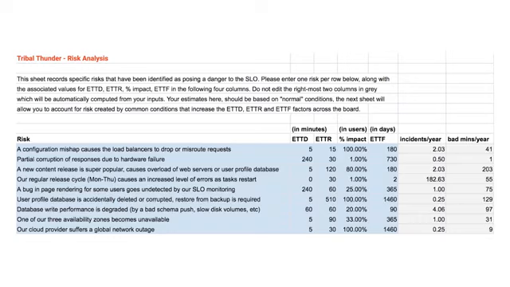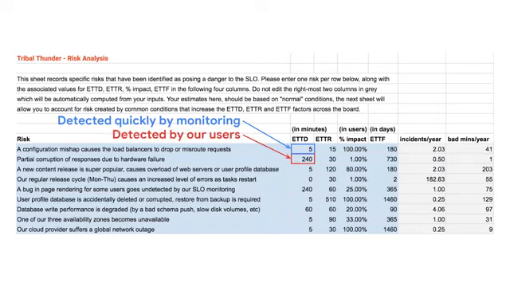Remember that Fermi estimates are approximately correct in aggregate, even if individual values are off. Like bucketed latency thresholds and SLO targets, it's best to choose from a small set of easy-to-understand round numbers when estimating. For time to detection, we've used 5 minutes to mean detected quickly by monitoring, and 240 minutes, 4 hours, to mean detected by users. The outlier here is degraded write performance. We're assuming that it takes some time for slow requests to consume enough error budget that someone gets alerted.